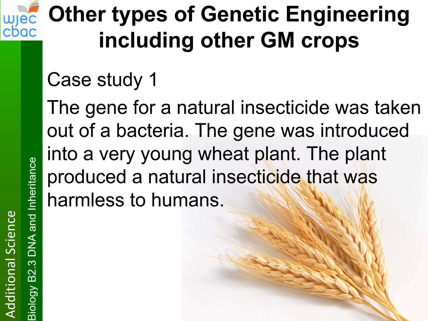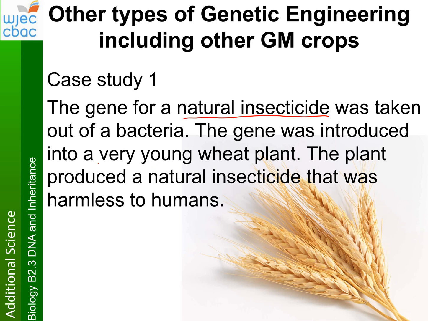In the past, we have sprayed crops with pesticide or insecticide to kill the pests, but we know that these chemicals are not good for us. They might enter the human food chain, and they cause damage further down the line in food chains. So if we could take the gene for a natural insecticide out of a bacteria, and then